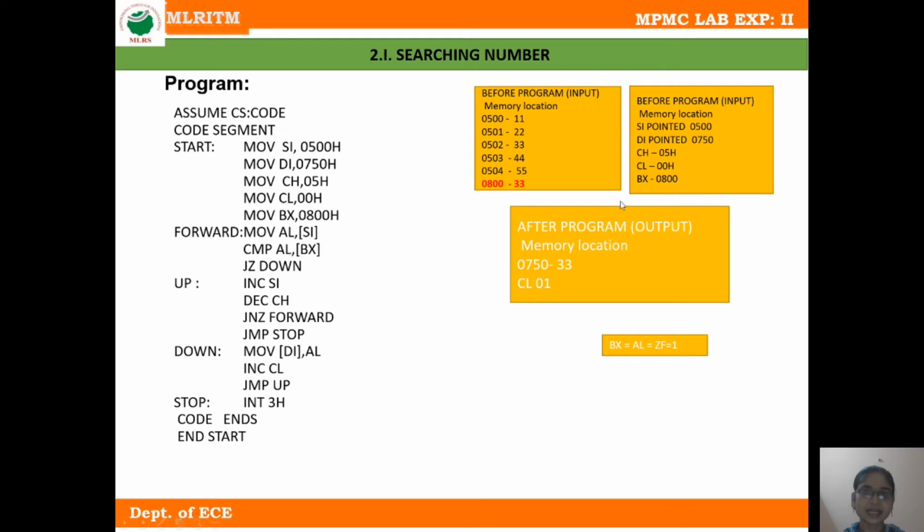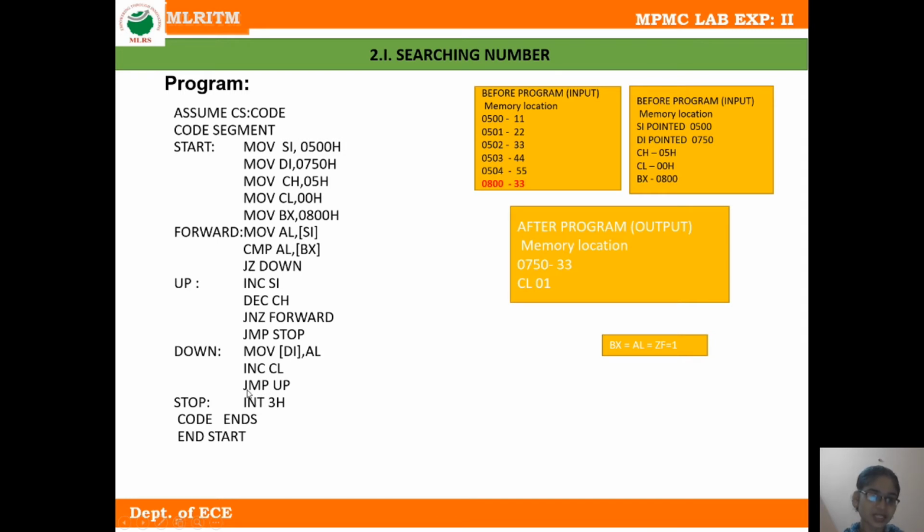We know that DI has the memory location 0750, so the content of AL is moved to memory location 0750. After this, the next instruction is increment CL. The content of the CL register, which is presently 00, is incremented by 1. After this instruction, the content of CL is 01.